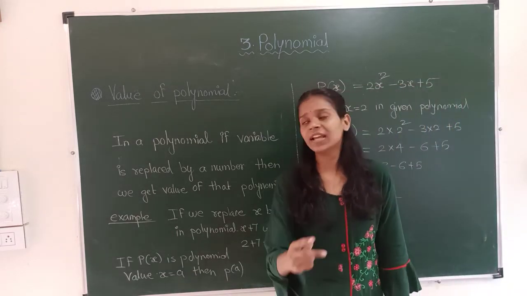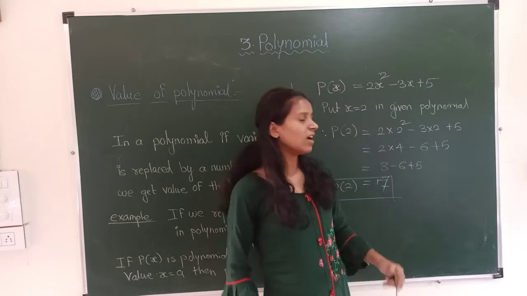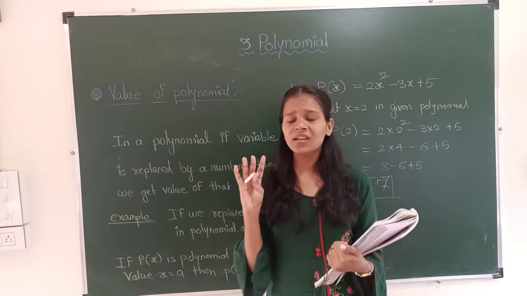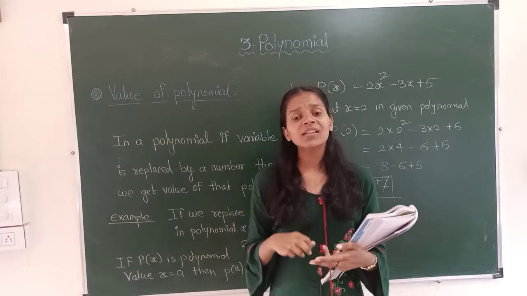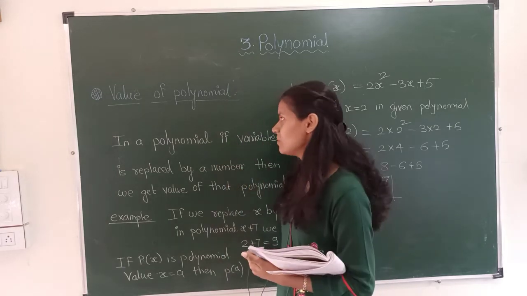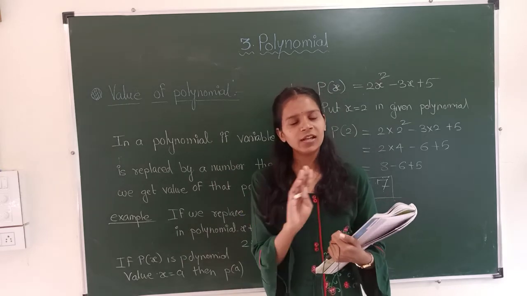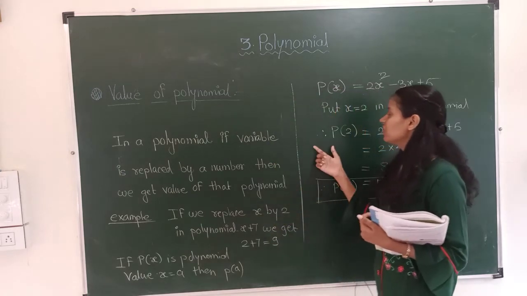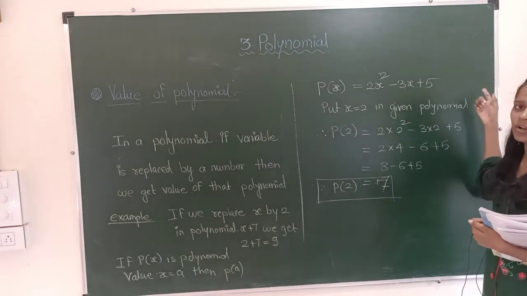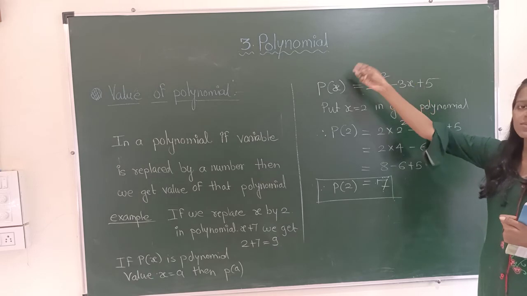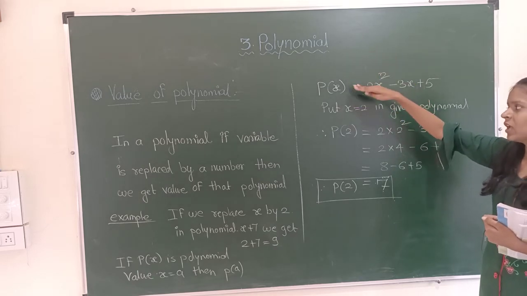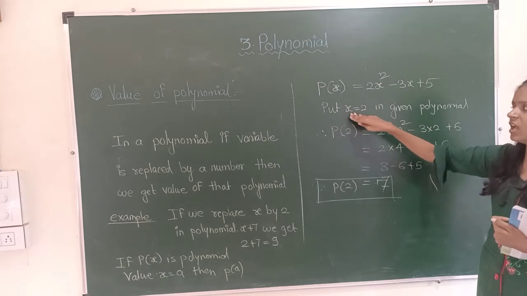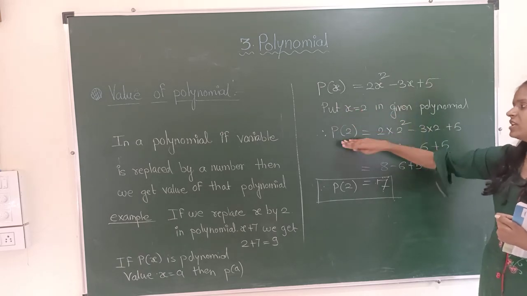Very easy concept. You will get an example for 2 marks on this value of polynomial. Do understand how to solve it. Nothing is harder and nothing is simpler than that in this chapter. Value of a polynomial, they must give you any polynomial. Here is variable x, there could be any variable, y, a, b, c. We have to replace it by the number they have given.